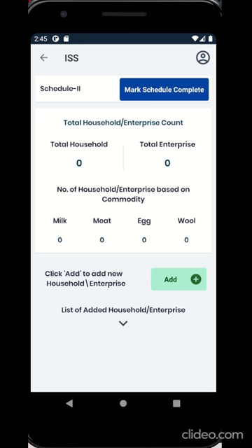In the Summary section, summary of total number of households, enterprises, and the number of households for each commodity that had been added will be shown. Below, list of added households or enterprises will be displayed. To add new household or enterprise, click Add.